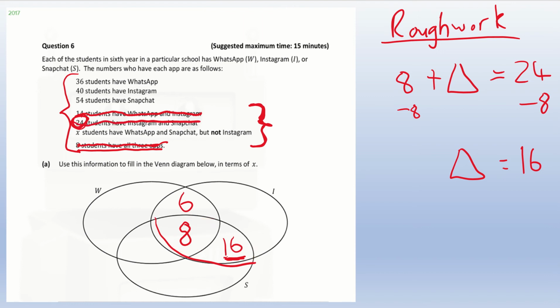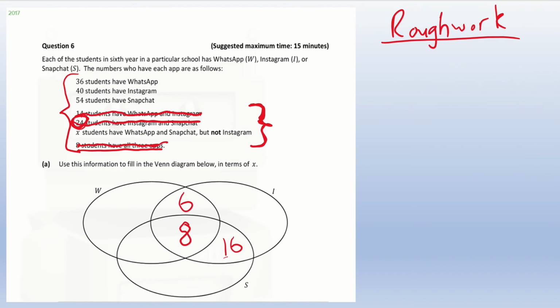I'm going to take away my rough work lines here and my rough work over here, because the last one in this section that we're going to have a look at is the X students that have WhatsApp and Snapchat but not Instagram. So I'm just going to get my highlighter here. If we were to look at the X students have WhatsApp and Snapchat, well, WhatsApp and Snapchat is going to be here,